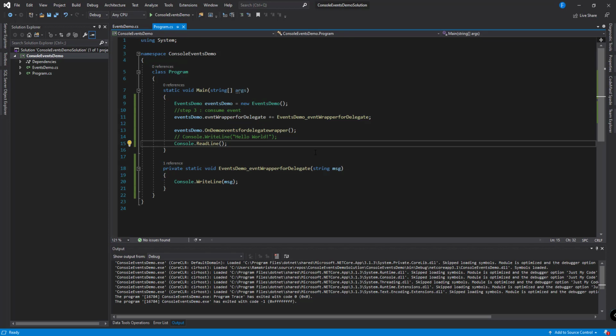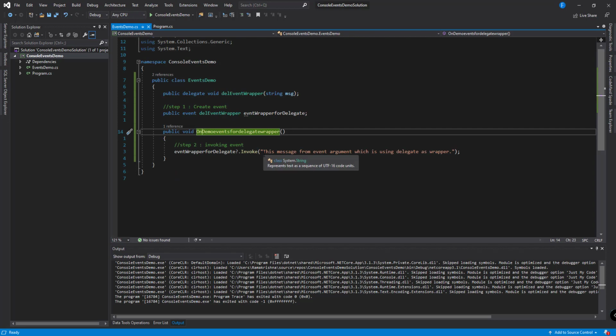In the initial part of this session, we learned that it is an observer design pattern. So in the observer design pattern, we have a publisher and we have a subscriber. So now we have an event here, so which is the publisher and which are the subscribers? Like I said, the publisher is the one who raises an event. That is, we are raising an event here.